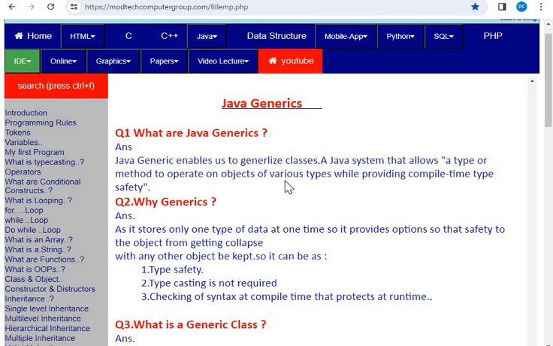So what is Java generic? Java generic is a class which can accommodate all kinds of objects which are being used in Java. So we can go through this definition as well. Java generic enables us to generalize a class, and it is a Java feature that allows a type or method to operate on objects of various types while providing compile-time